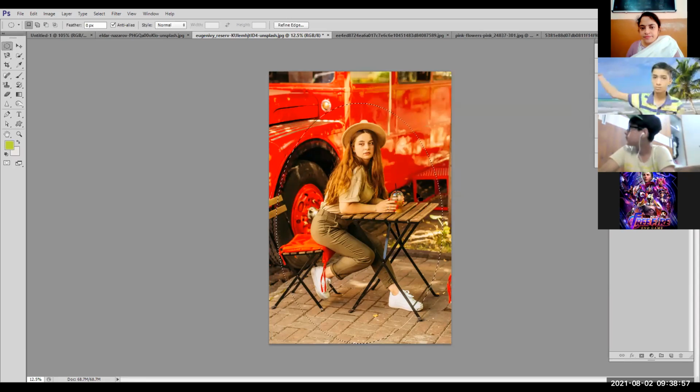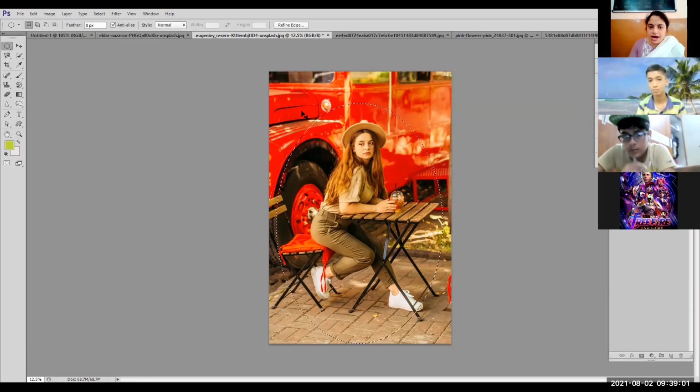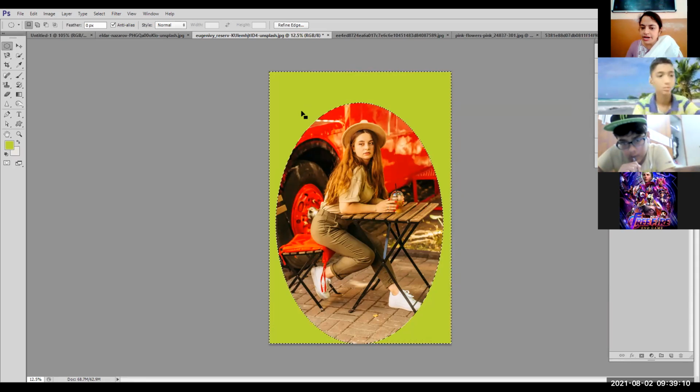Click on OK. Now inverse the selection, Control Shift I, right? Alt plus backspace. Now it is giving me the full color. I had not given any feather. It is giving me the full fill color.